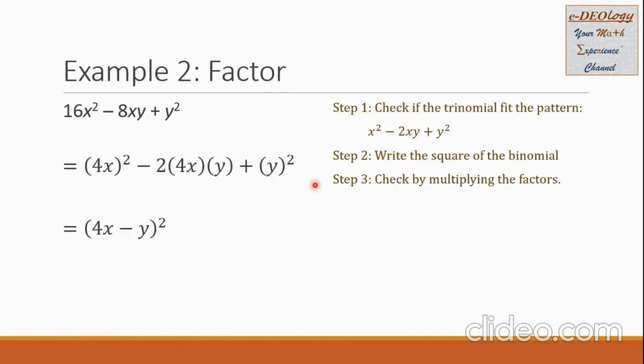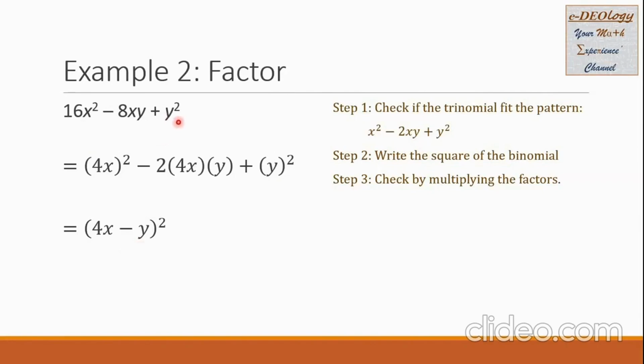Going to step 3, I will check my answer if it is correct by multiplying the factors, or I can say that I will expand my binomial. If I do that, it will come to this pattern. So if I square 4x, it will give me 16x squared, and that will be the first term of the trinomial up here. If I square negative y, it is equal to y squared positive, and that is the third